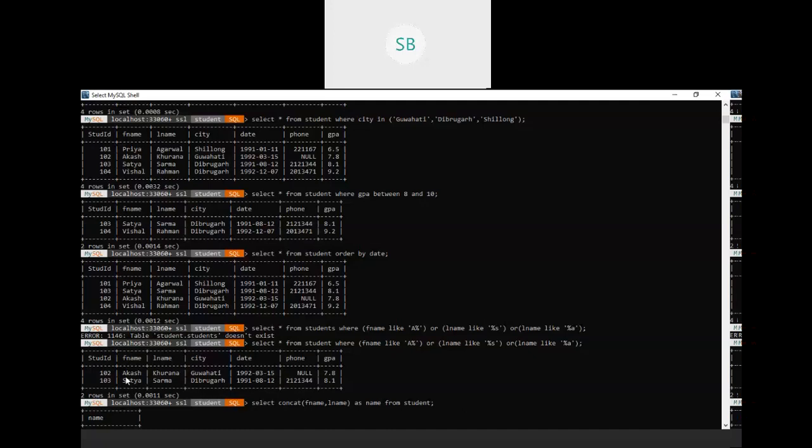You see, both of these have first name starting with A, so this condition is matched. So it's printing, right? Again, we'll find the last name ends with A or S. So it is Sharma. So it is displaying the result. So we have merged these queries together using the OR operator. Any confusion here? No, ma'am.